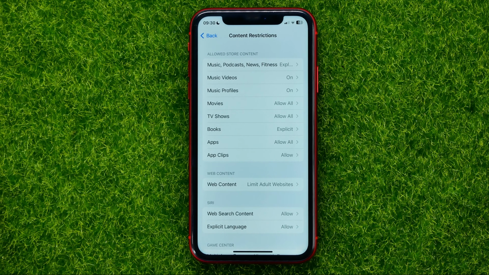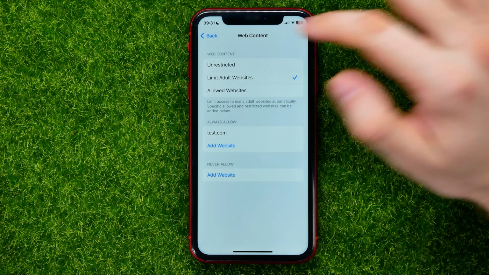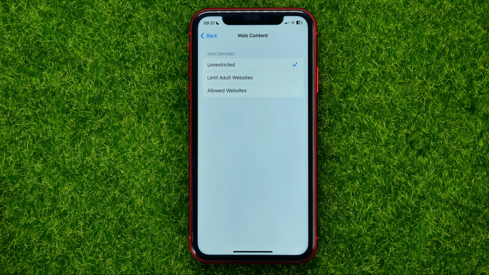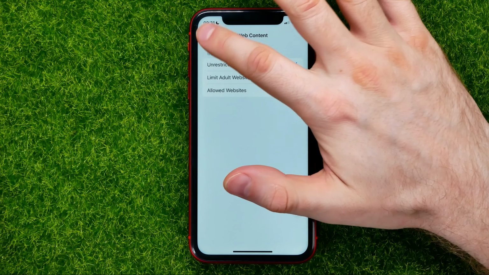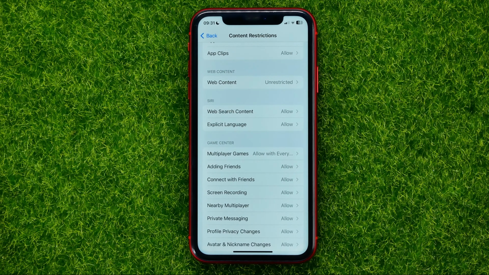Let's say you want to unrestrict some web content, you can go to Web Content, and if whatever option except Unrestricted is selected, you can tap Unrestricted to unrestrict all the web content. And in the same way you can check any other option in here, but the easiest way to turn off